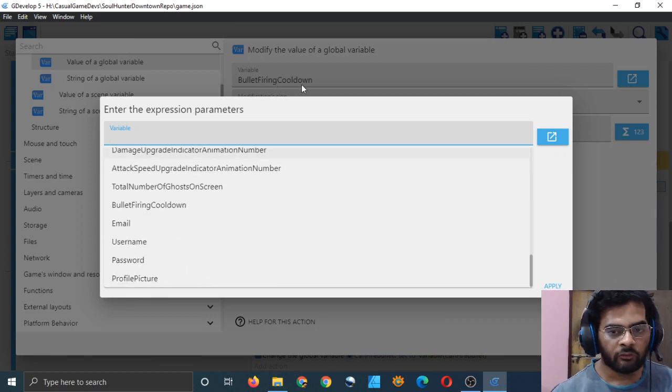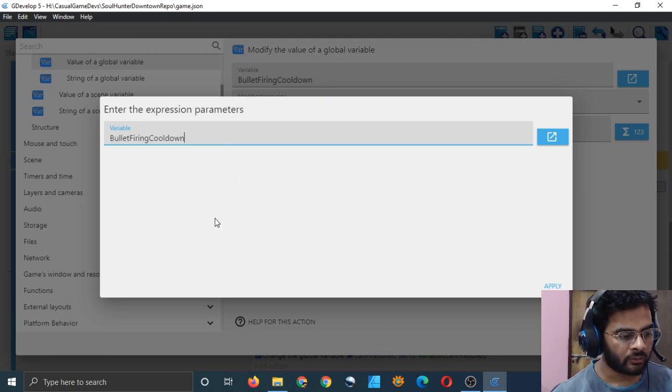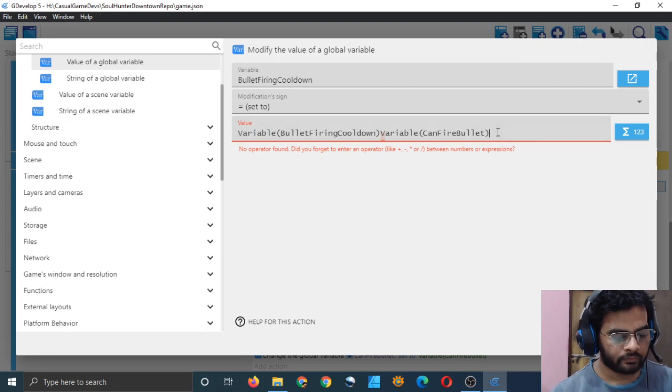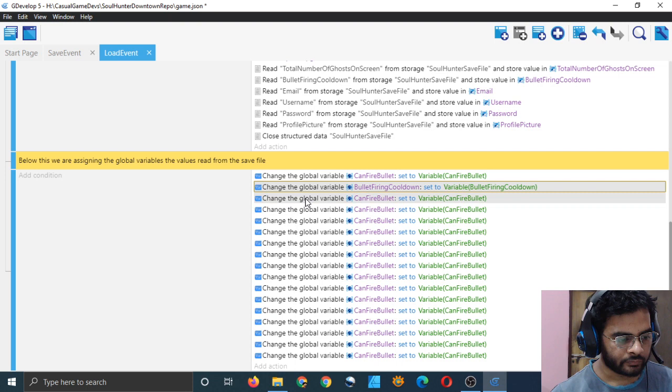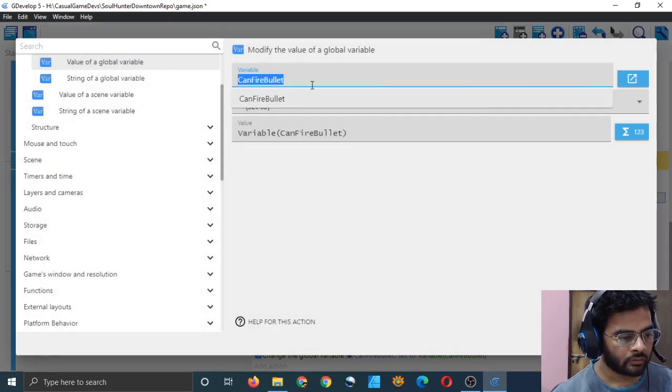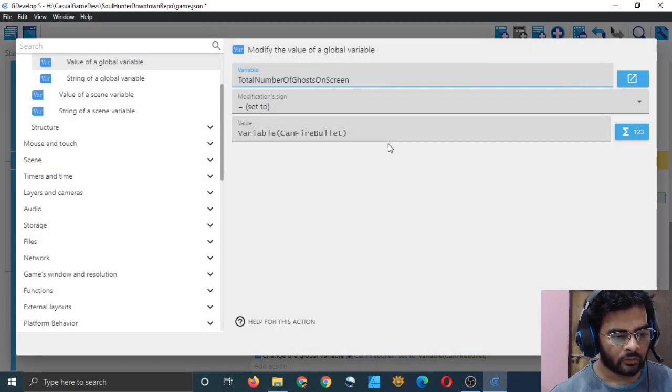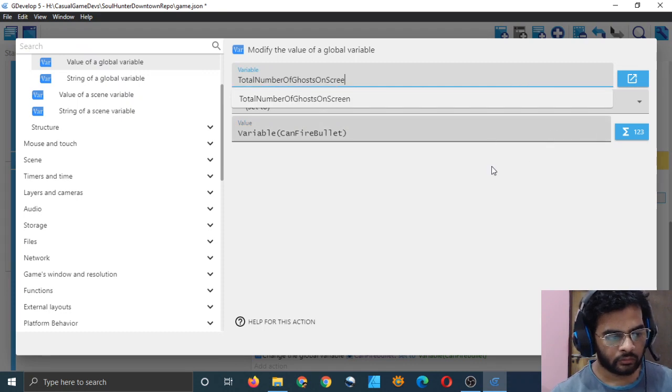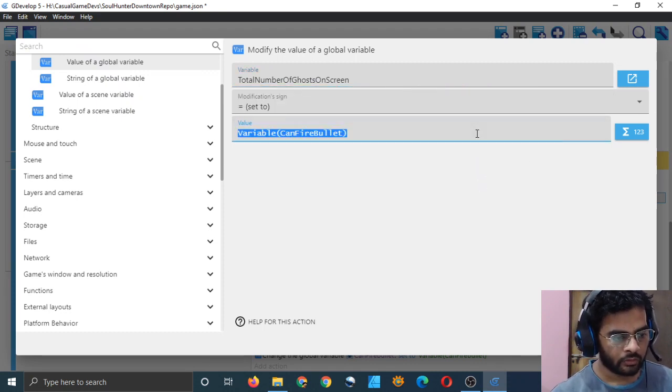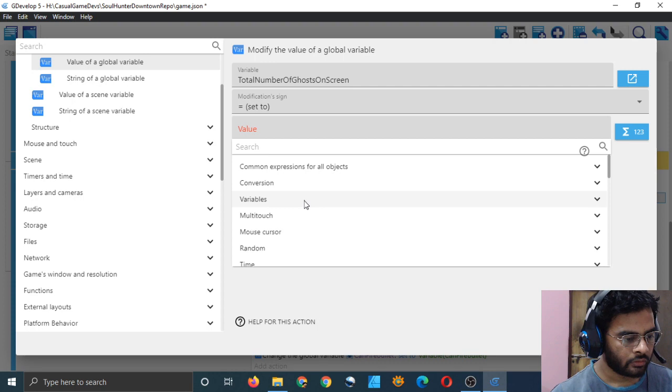So for bullet firing cooldown, choose bullet firing cooldown, which is all the way in the back. And delete this one. Okay, again do this for this also. Total number of ghosts on screen. Delete this. Oh well, wait. Delete this. Go here. Variables.